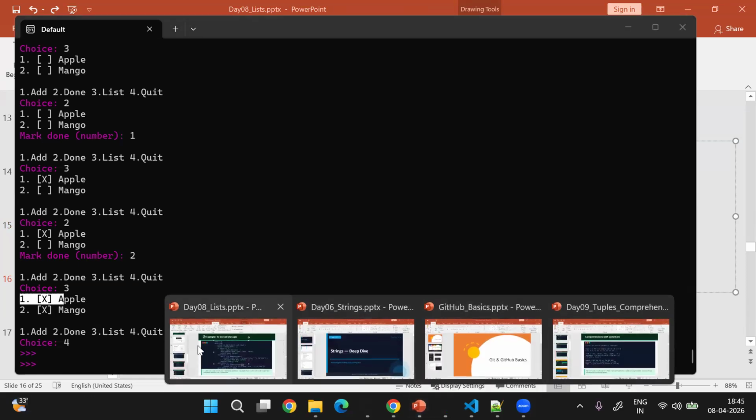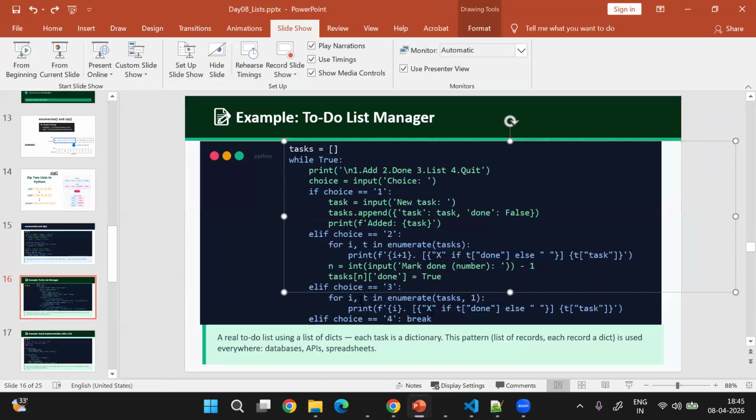Okay. And now print. So what is it printing? This one, and you have to make it X. Okay, just print X if t of done. In the sense, t will be now, for that list, t will be always false, right? So if it is false, nothing. If it is true, then